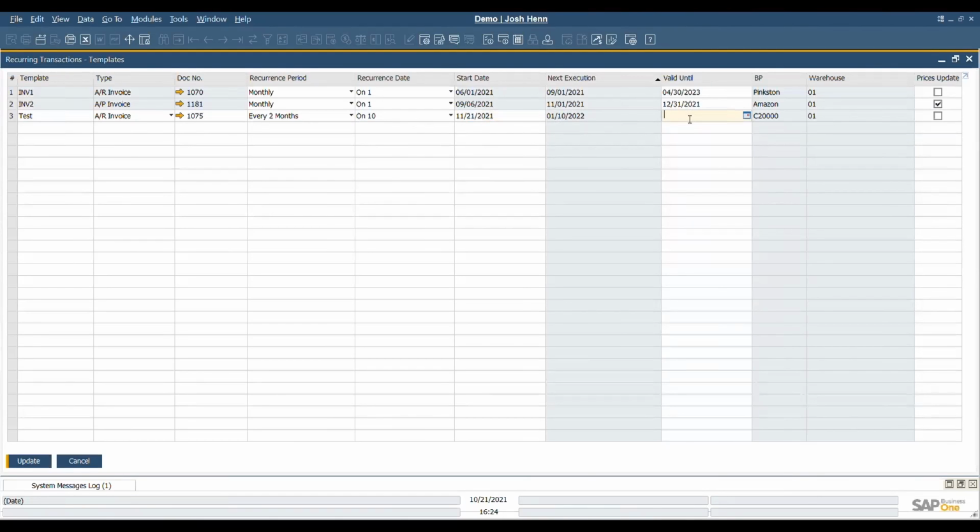So I would like to stop this next year, so we'll do 11/21/22. And this shows our business partner that is associated with it, as well as the warehouse affected. And we'll simply add the template.